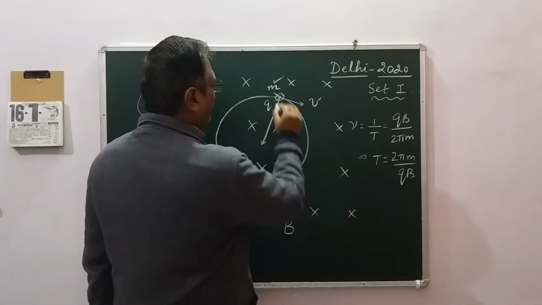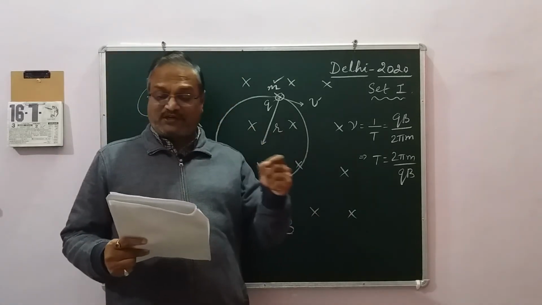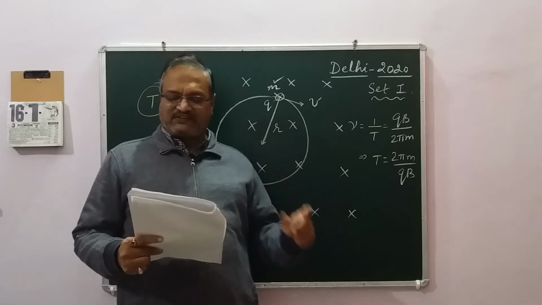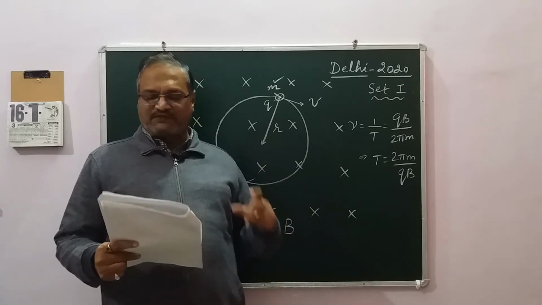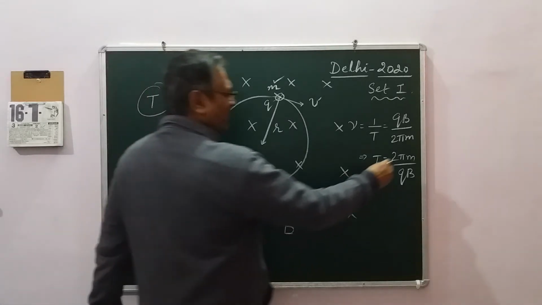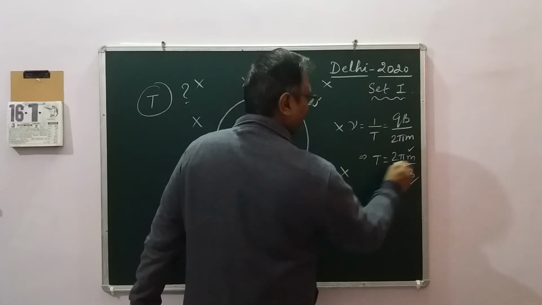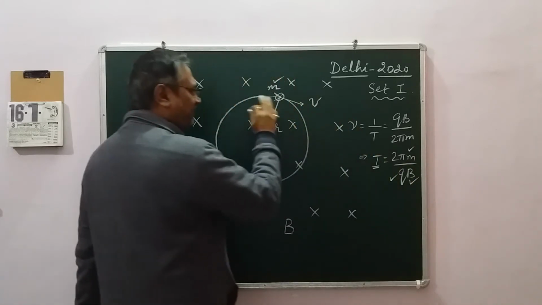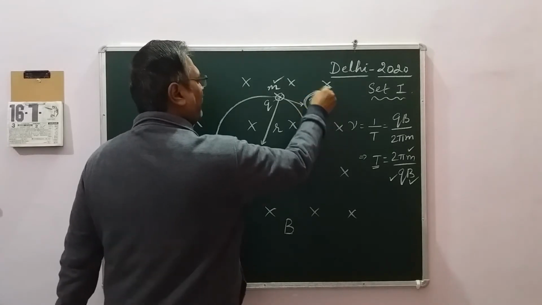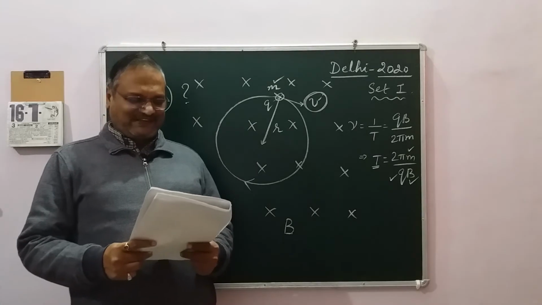And now we have to check what are all the factors given where it does not depend. Speed of the particle, mass of the particle, charge of the particle, magnetic field. Mass of the particle, charge of the particle, magnetic field, time period and frequency depend on these. It does not depend on the speed of the particle. This is what the answer is.